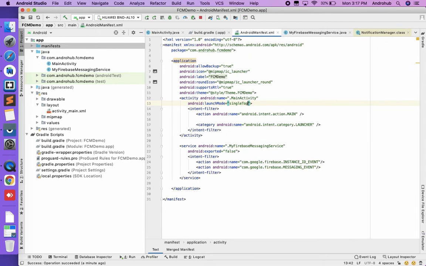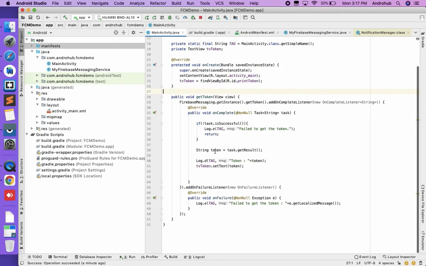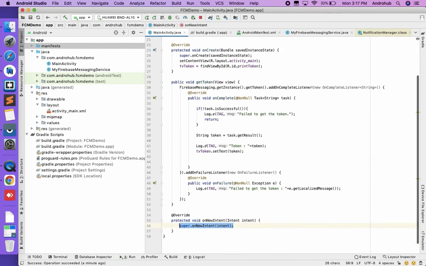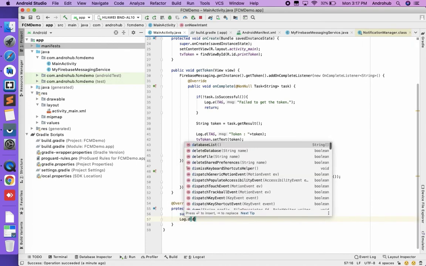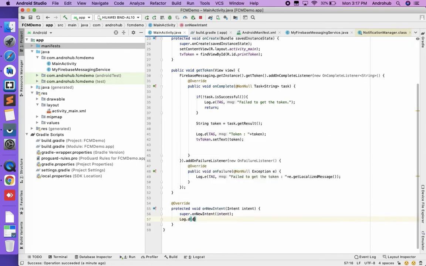It is going to use the same instance of the activity, and the callback you're going to get is in onNewIntent. So let's suppose Log.d, onNewIntent called.